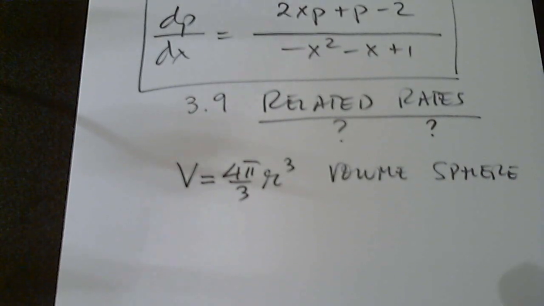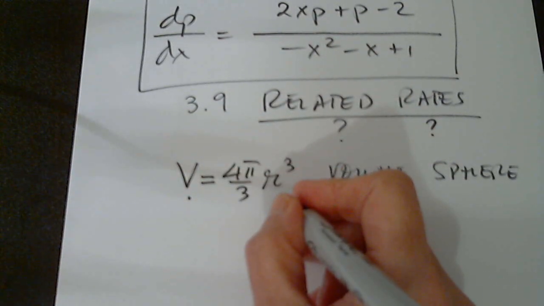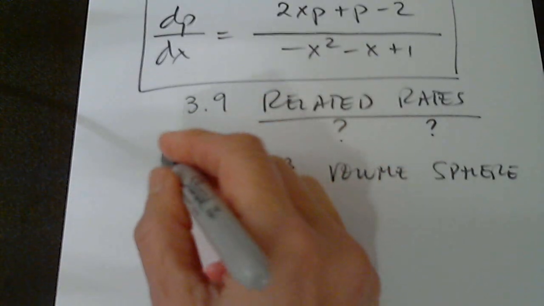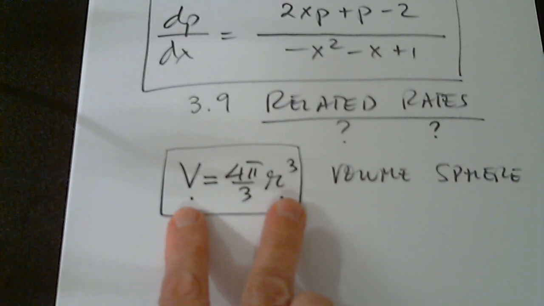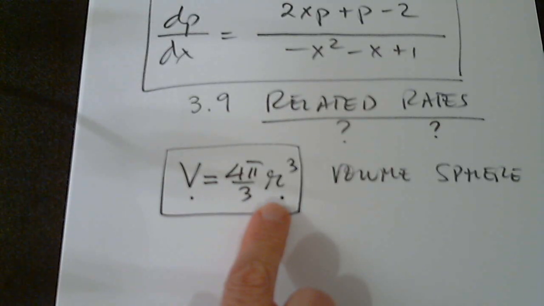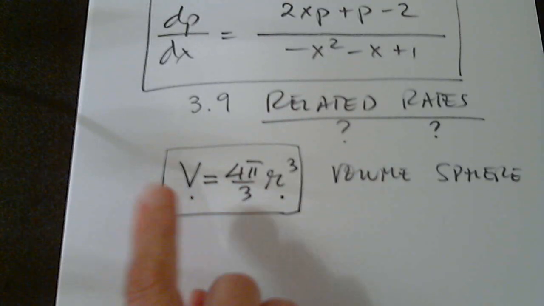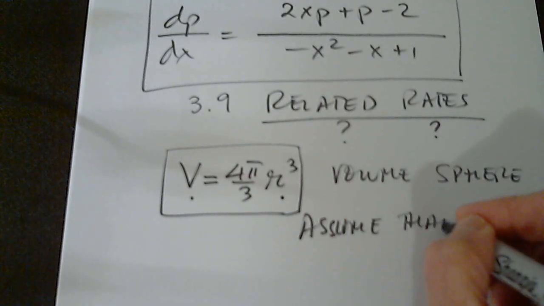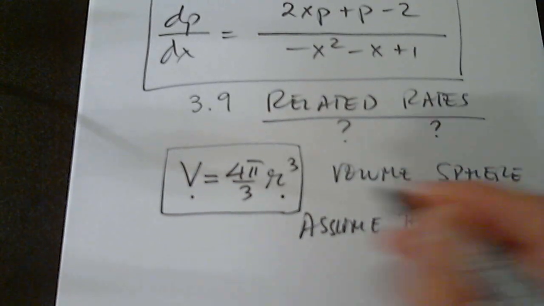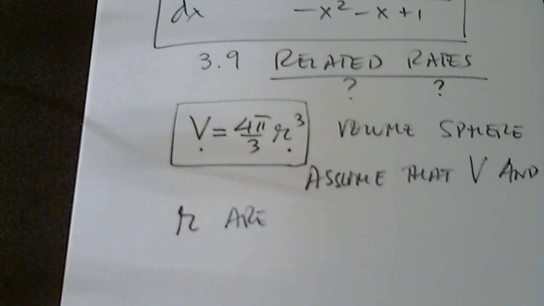As you see here, volume is involved, radius is involved. This is an equation that connects two variables, volume and radius. Now, if I differentiate both sides, assume that V and R